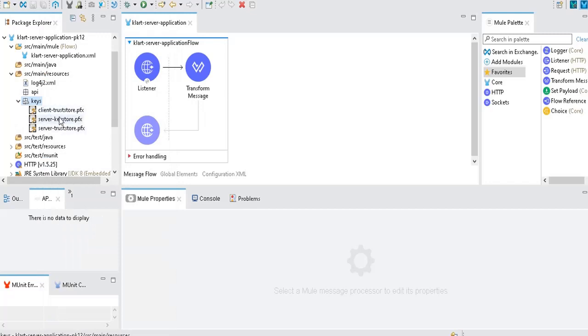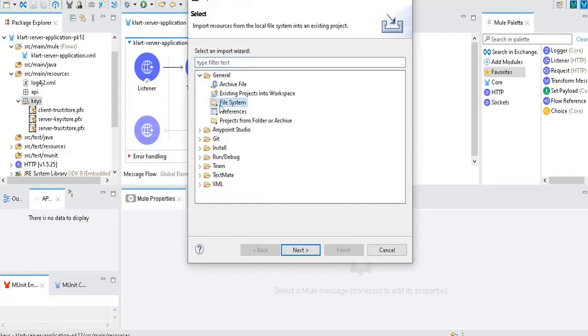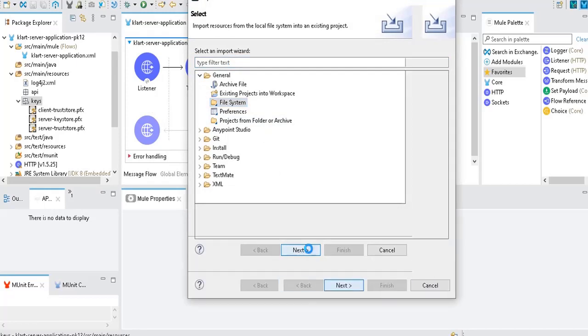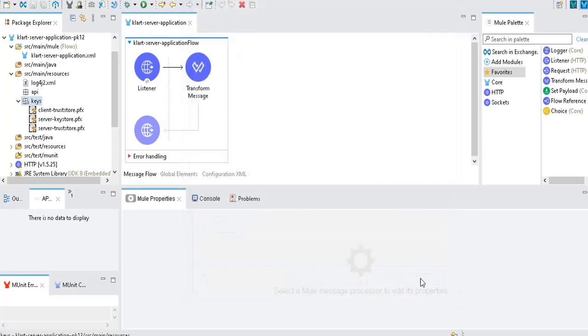So that is how you can do it, or else you can import these files from your system: right click here and click on import, go to file system, and select the folder where your PFX files and certificate JKS files, anything is there, and you can just select that and add this to this folder. So either way it will work for you.